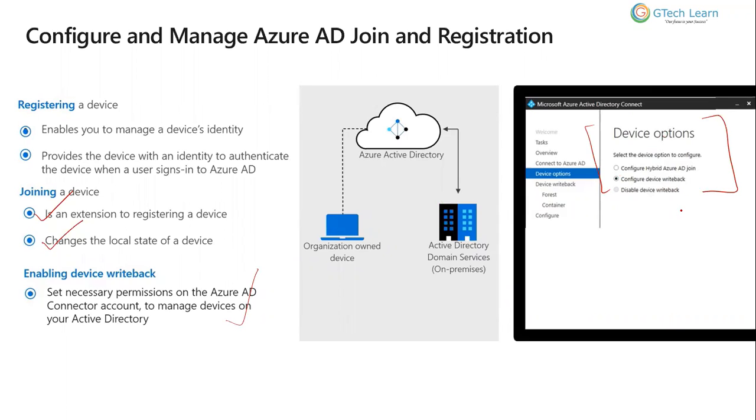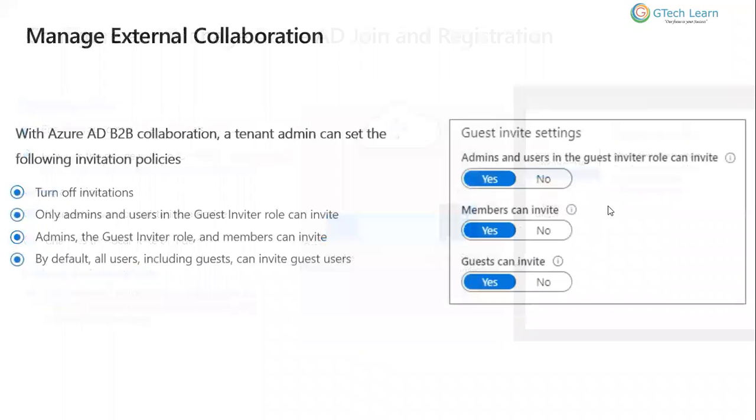So if you want to enable the device writeback, then when you register the device to the Azure Active Directory, it can be reflected into your on-premises Active Directory as well. That's okay. And now, if I'm talking about the external collaboration setting, so with the Azure AD B2B